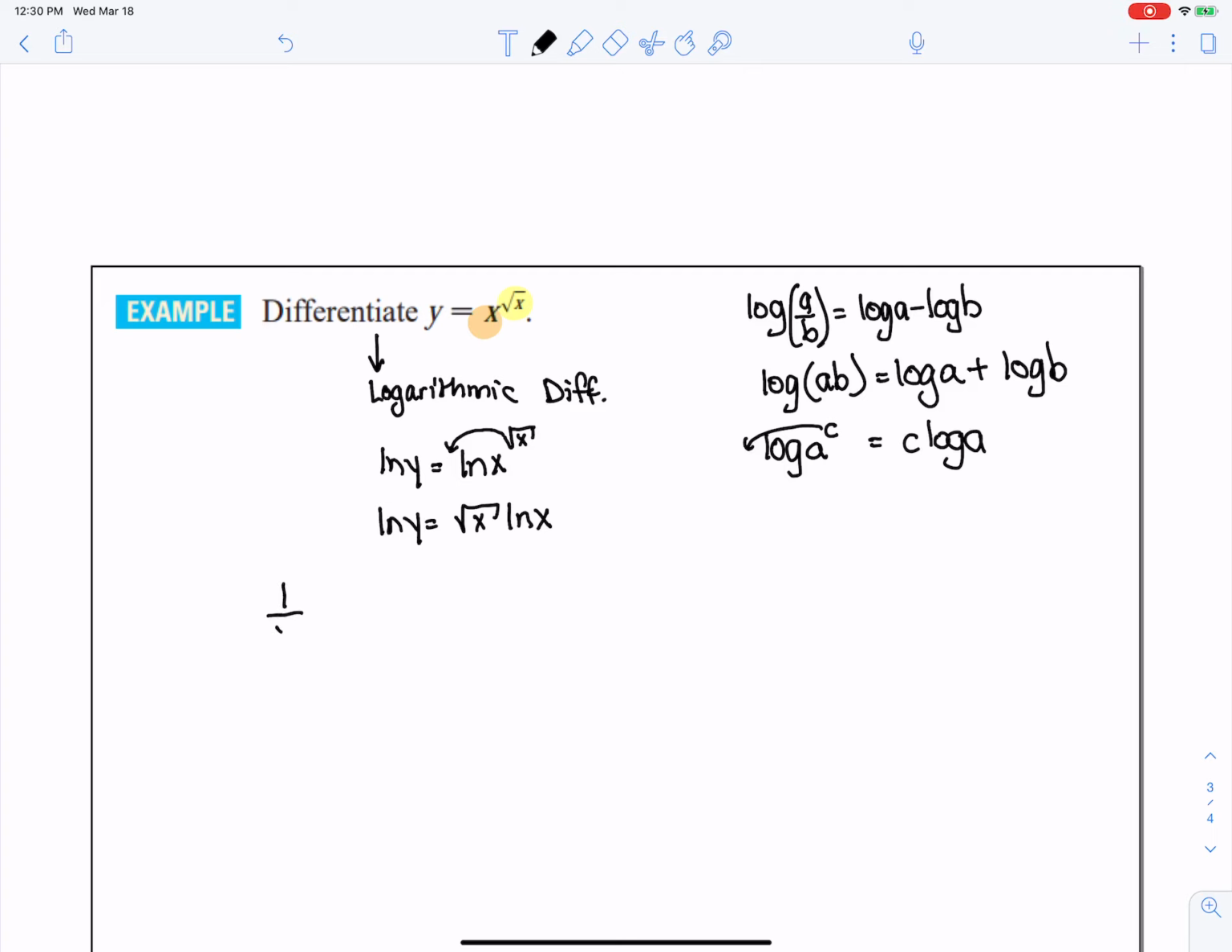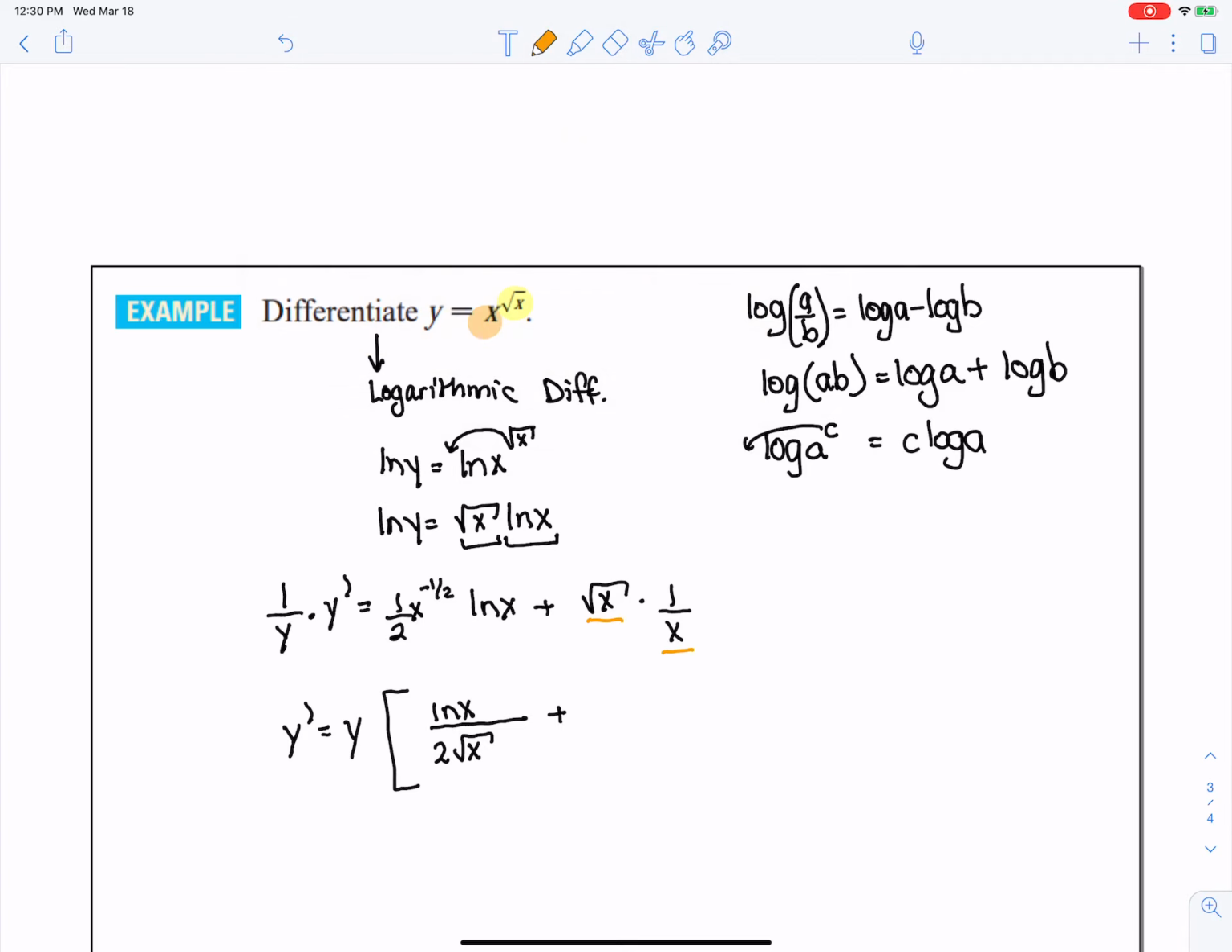The derivative of ln y is 1 over y times y prime. That's implicit and chain rule. This becomes product rule. I have two functions. The derivative of the first, 1/2 x to the minus 1/2, times the second, plus, leave the first one the same. The derivative of the second one is 1 over x. So I'm going to clean this function up a little bit, move the y to the other side by multiplying. So this is going to become ln x times 1, and the x to the minus 1/2 will move to the denominator as a radical, plus